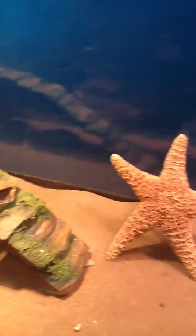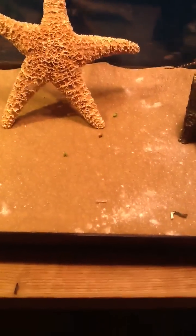Okay, well, for the size of the tank, you want to have a 30-gallon tank or larger. The bigger the better, but you just don't want them to get lost. And I gotta clean this tank pretty soon. You want to clean the tank maybe 2 to 3 times a month, just because they can get diseases from a dirty, jammed up, everything filled up